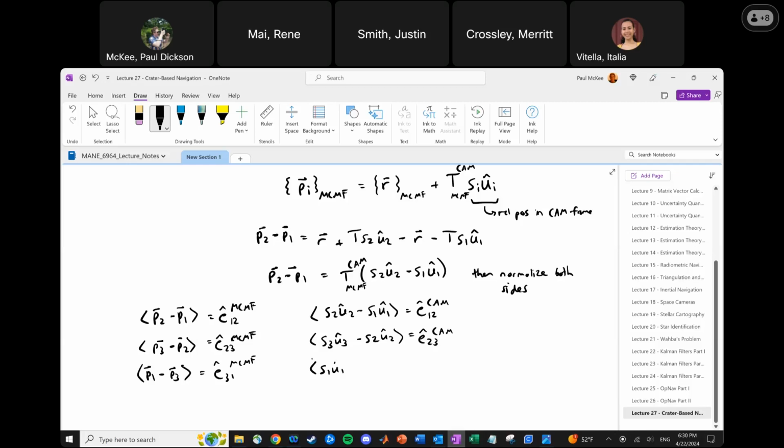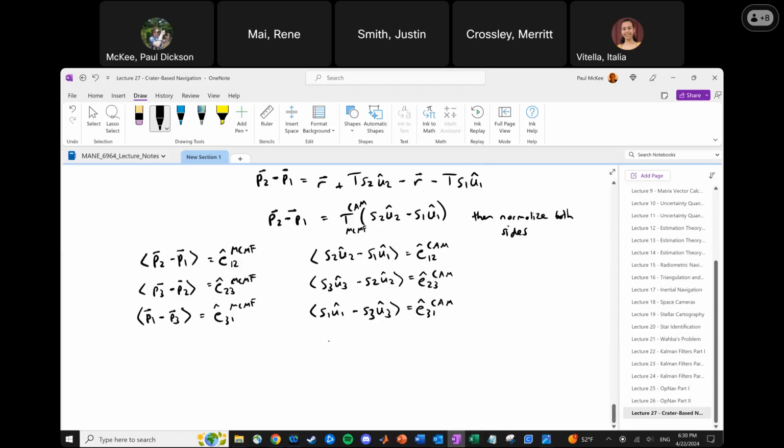And S1U1 minus S3U3 is E31 CAM. All right. Keep bearing with me. Again, these are just unit vectors, and it's the same unit vector, E12, E23, E31,